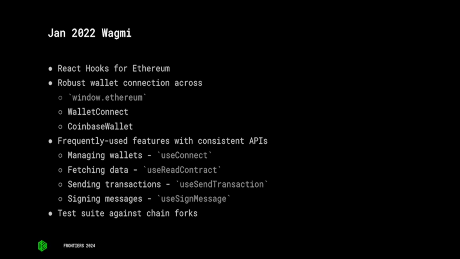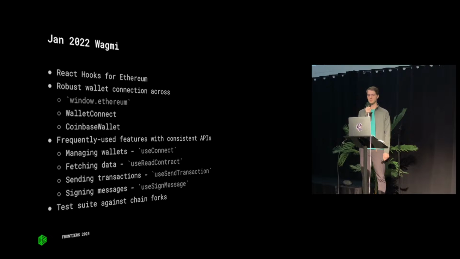The other thing that was really nice, at least as an open source author, is that in the past, for more front-end related libraries, a lot of people would mock a bunch of the other dependencies for their tests. And so at this time, we started using Hardhat forking for our tests. Eventually, we switched to Anvil, but this made it really easy to reproduce issues and ship quickly without breaking things.